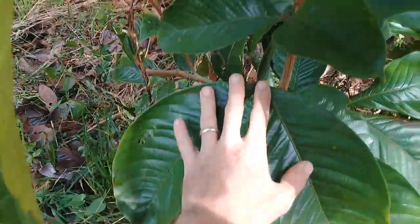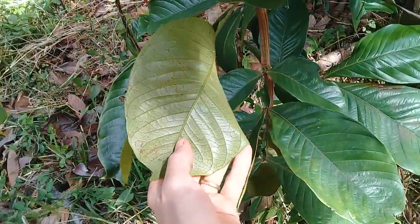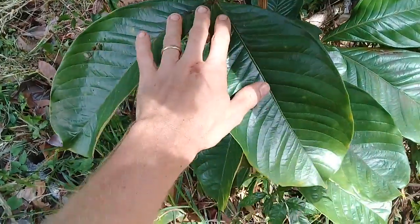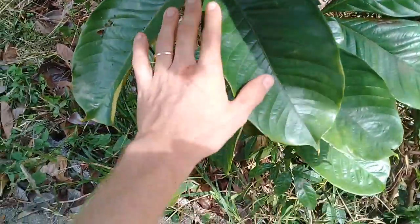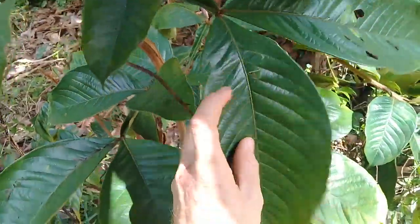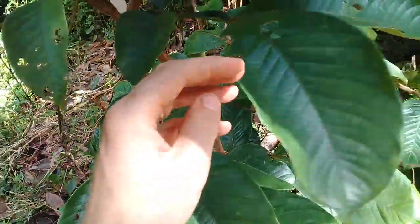But look at these huge leaves. I took seeds from this one. There's a video over on my unauthorized channel. I took seeds from this and germinated them a few months ago, and I'm going to plant them into my food forest. But I love how huge these coarse, awesome leaves are. They're kind of fuzzy on the bottom. It's a really beautiful,